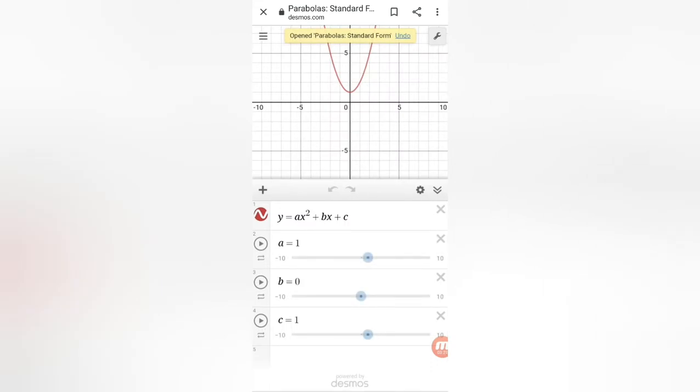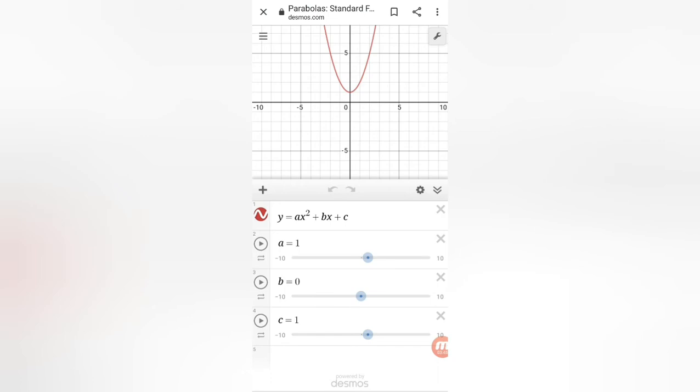So we can see this is an xy graph, and here y is a function of x such that y is ax square plus bx plus c, and a, b and c can be real numbers. Now the graph which is depicted here is for a = 1, b = 0 and c = 1. That means it is x square plus 1 that is being depicted here in the graph. So we can change the values and make our own observations.